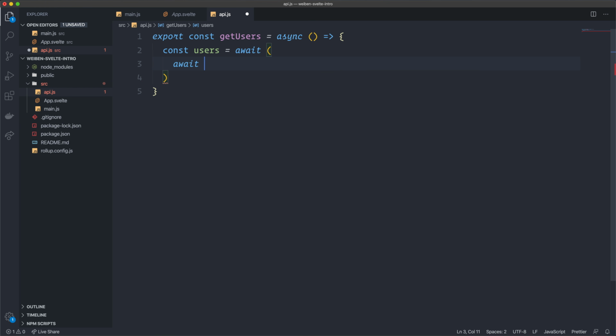And we await again. And I've told you this in other tutorials. That's because we're going to convert this to JSON, and JSON is also async. So first we await the API call, and then we await when we convert it to JSON. You could do this on separate rows instead, but I do it in one here. So await, fetch, parenthesis, and quote,